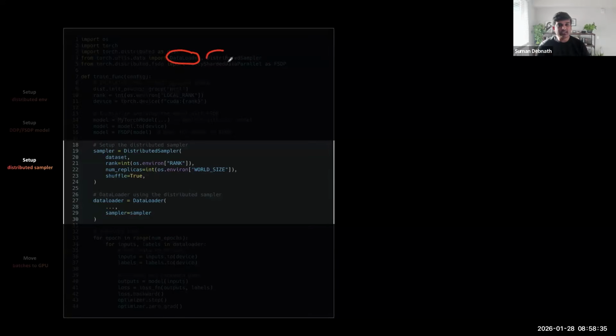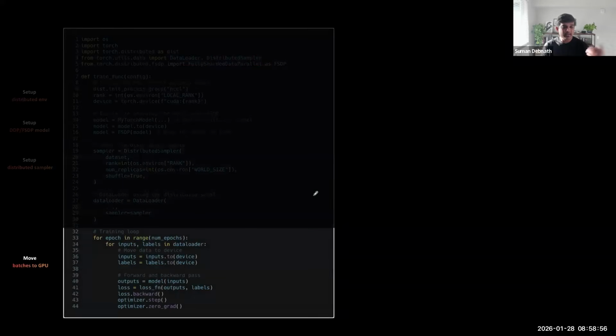We have to use distributed sampler. So that is something that you need to define here. So now there are 3 things we have done. We have set up the distributed training environment. We have prepared the model, and we have prepared the data set. Once these 3 things are done, we can go ahead and run the